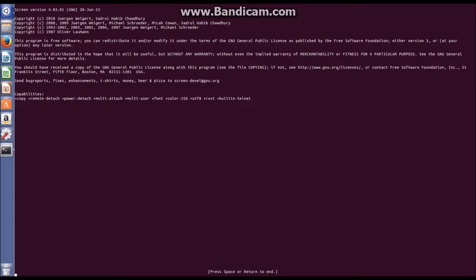Now that we've seen some of the basics of the screen command, I'm going to show you how to actually run a screen. And you do that simply by typing the word screen. And it'll give us this little prompt here, and it's basically the copyright information and the version of your screen program. If you hit space, you can just go through that. And we are now in the screen